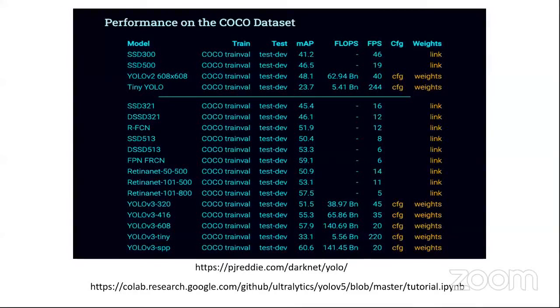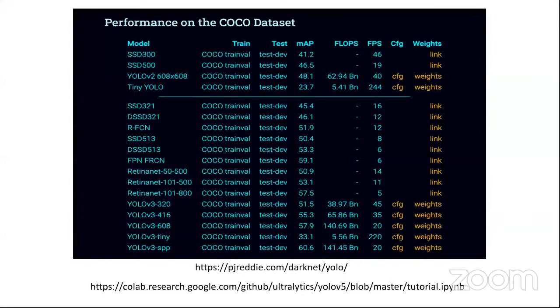Okay, on the COCO dataset, you can see YOLO version 3. You can see the frames per second, right? Look at it. So mAP is there. mAP, we're going to study it quickly. But first of all, look at FPS. Look at the FPS they are touching. They are touching 45, and some one more algorithm is there, that is YOLO v3 tiny.